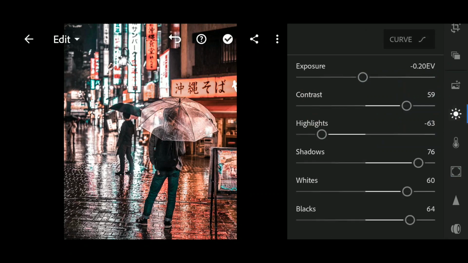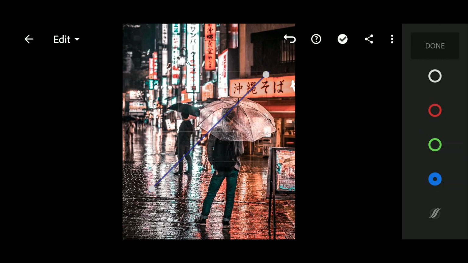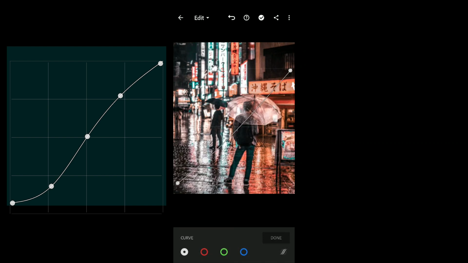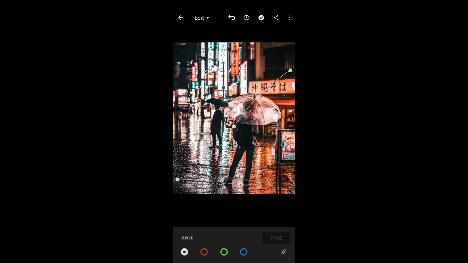Now again go to light panel and then curve. This time we will add contrast. So we will create an S curve like this. Now I'm gonna lift up the blacks to add the faded look, as you can see. Like this. Now select red and then